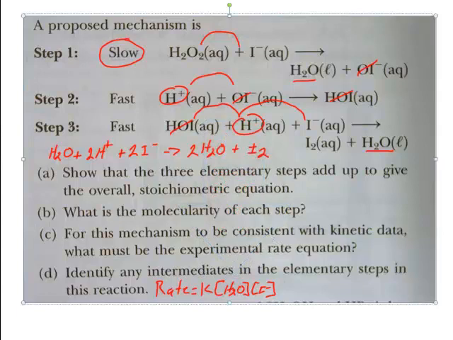So those are the kinds of questions you get. It's important that you realize that the slow step is always the rate determining step, and that you can do a little Hess's law and combine all those reactions to get the overall balanced equation. So we'll practice these in class, and if there are any questions, like